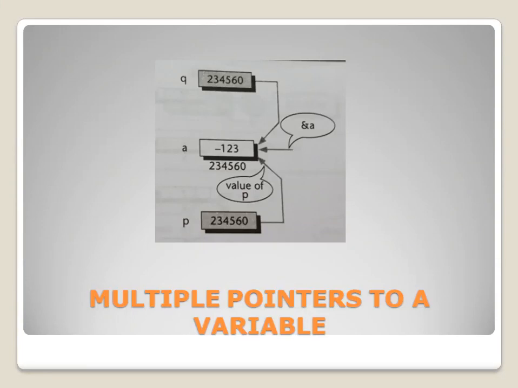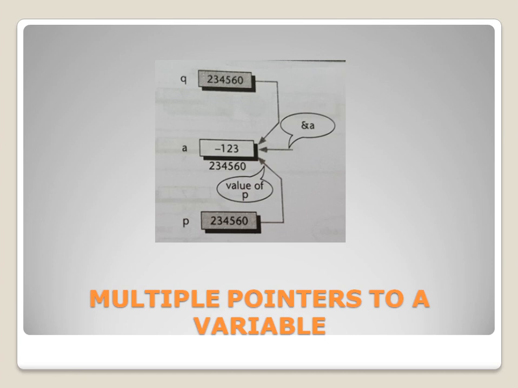Okay, so now let us see how the multiple pointers to the variables work. So you have a variable a, and a is having a certain value, right? So it's within the domain of integer. So a is being stored at the location